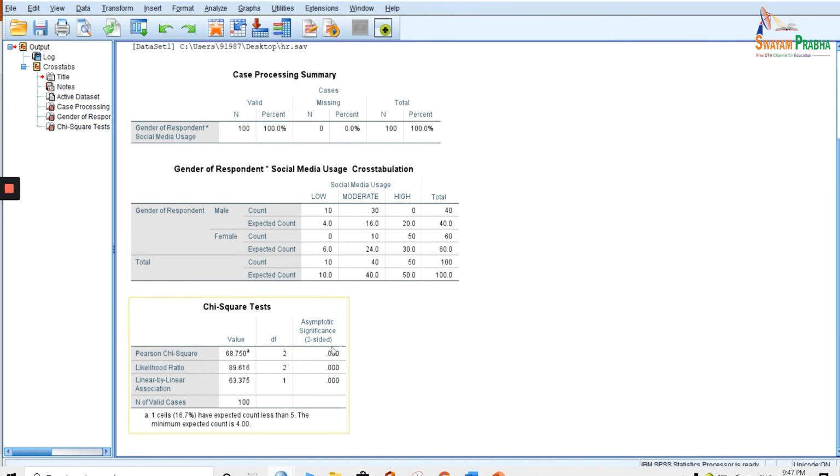But in most cases we are working on a 95% confidence level, so our benchmark value of p is 0.05. Now, to decide whether to reject or not reject our null hypothesis, we have to compare it with the benchmark. There is one golden rule for this.